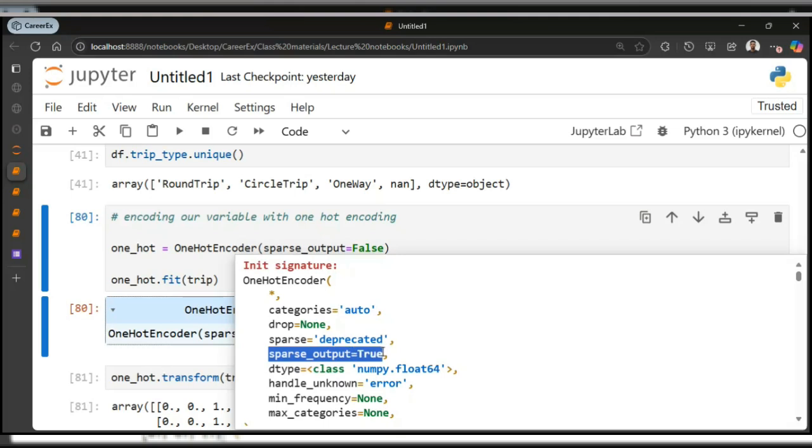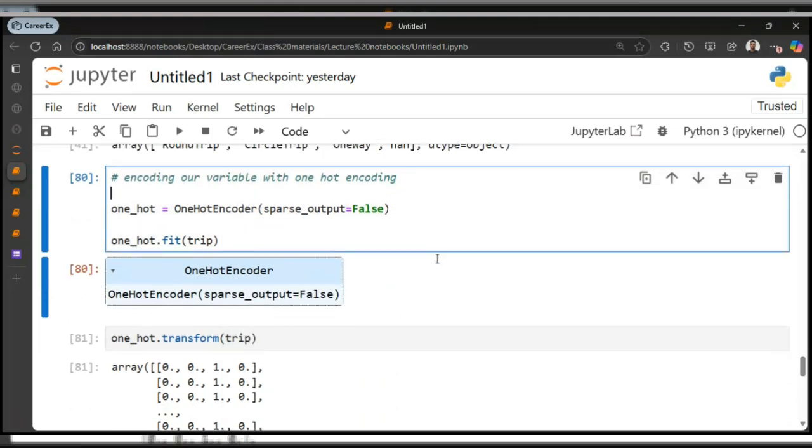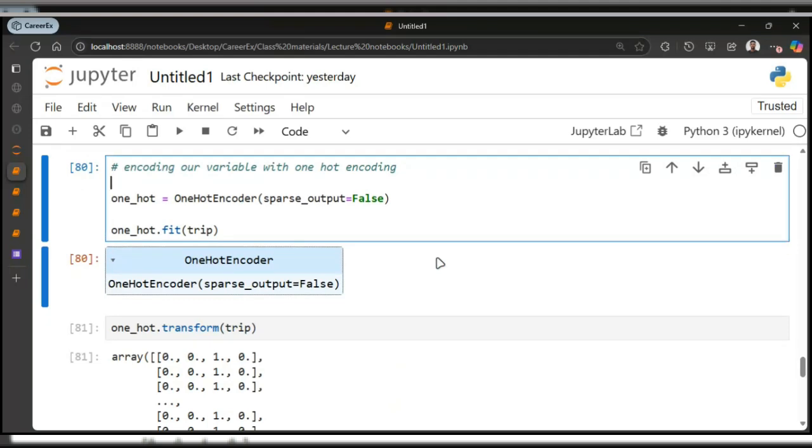I remember what I said about sparse output. Sparse output is a way in which Python stores the one-hot encoded feature and values, right? Because when you do one-hot encoding, you're converting your features to ones and zeros, and it can come to a point where you do a lot of conversions and then you have a lot of ones and zeros, which can take up memory and make things inefficient. So sparse output by default is true, storing it in a more efficient way.